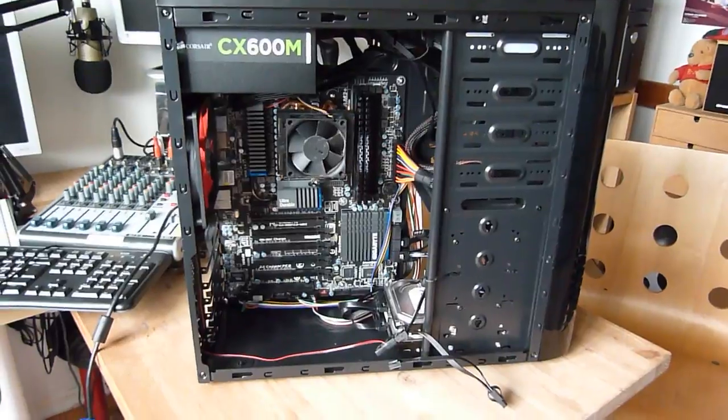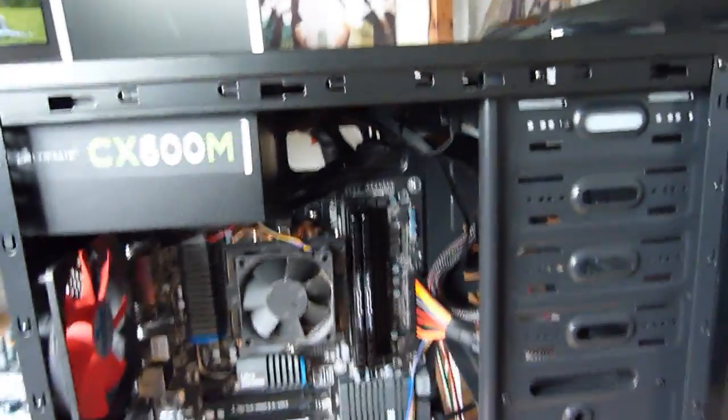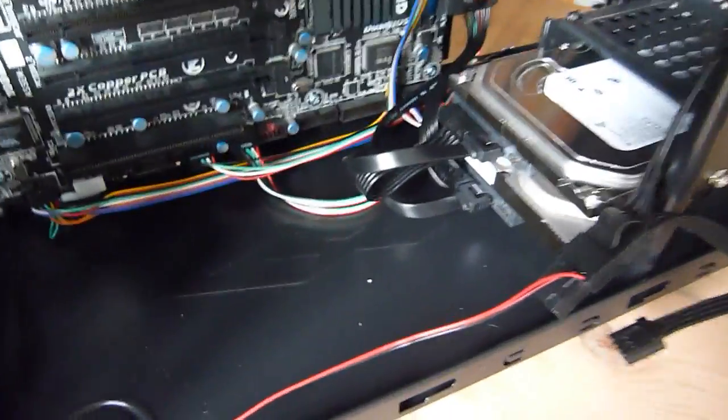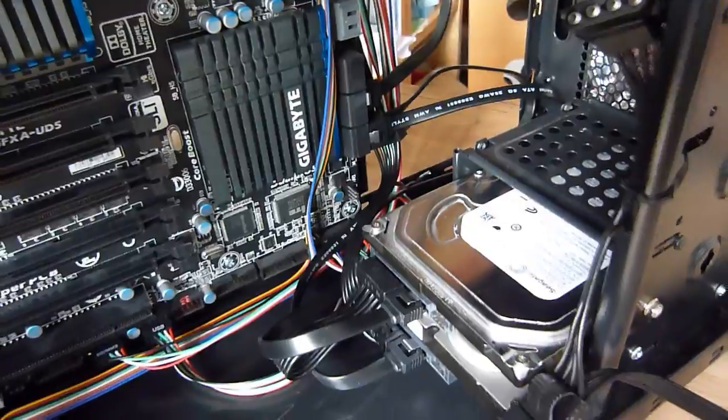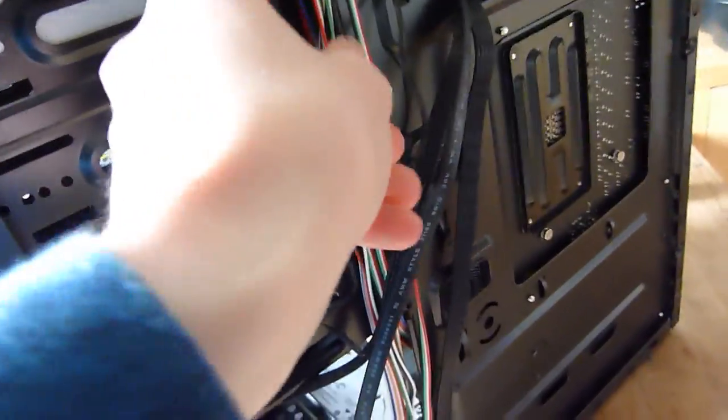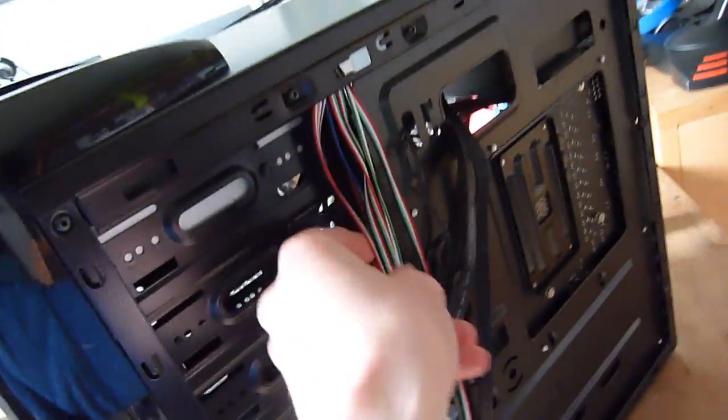Okay, so a quick update. I have done most of the cabling now, as you can see. These hard drives are all connected through SATA and they've got power, and I've managed to actually put the front panel connectors for this top bit here, the front panel, around the back, which I hadn't managed to do before. But I've actually managed to route most of the cables on before went down the middle of the case, kind of